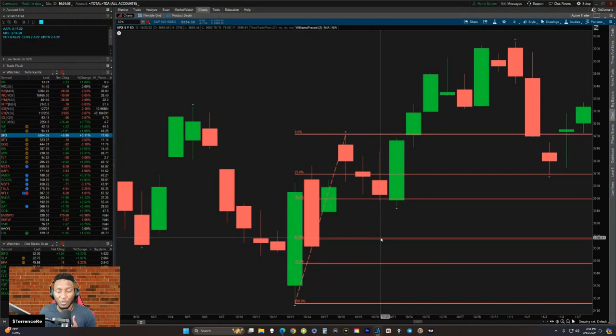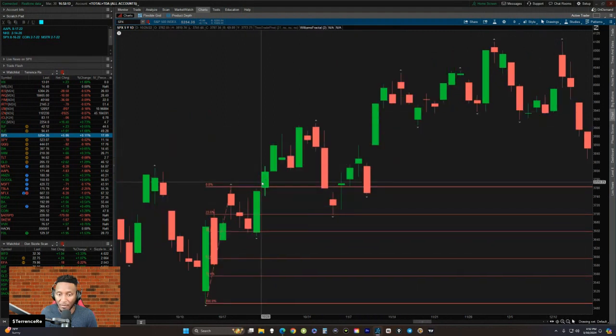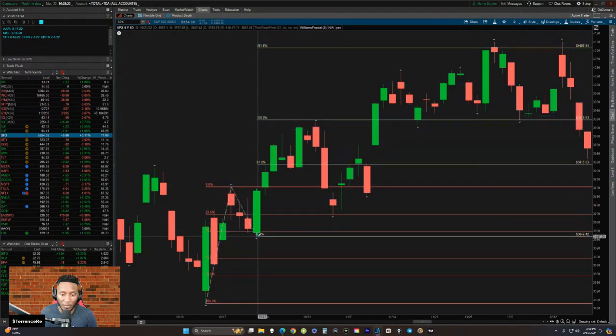Now, the key is you want to see an explosion of the move up out of there. Like once it hit here, look at this candle. This one green candlestick took out 3 candlesticks. Boom. Now, once you see that, you put your extensions on, you do Fibonacci extension, 0, 1, 2, 3. Boom. You can see it hitting the levels.